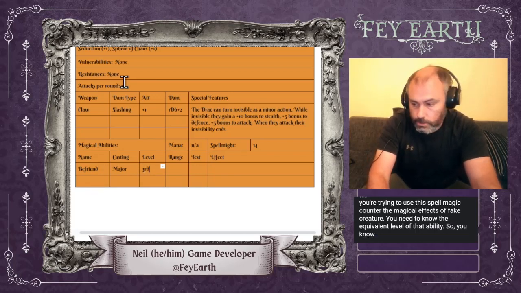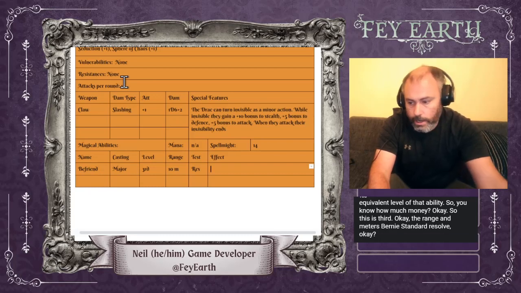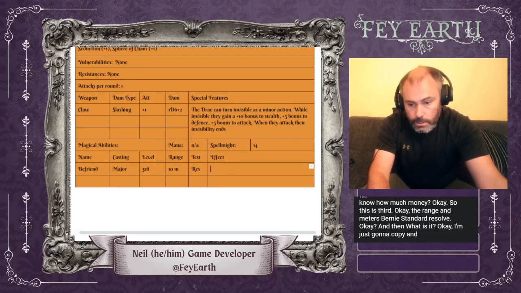Okay, so this is third. Okay, the range 10 meters, fairly standard. Resolve. Okay, and then what is it? Okay, I'm just going to copy and paste. All right, so